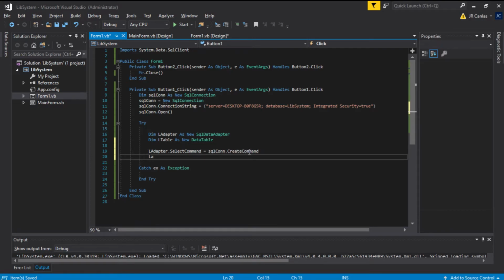Create command. That SelectCommand.CommandText is equal to